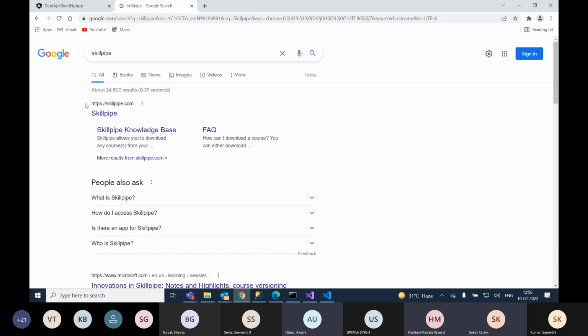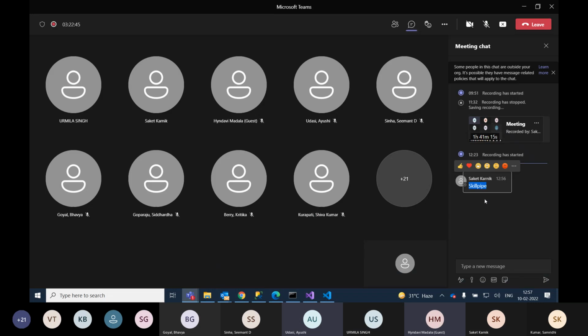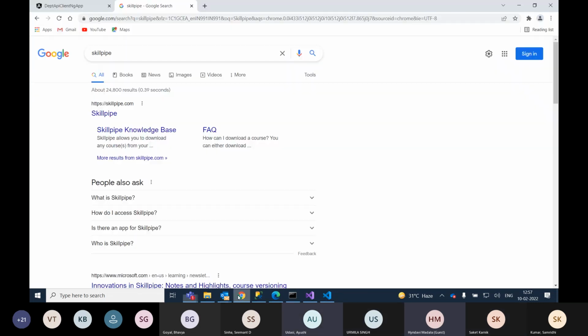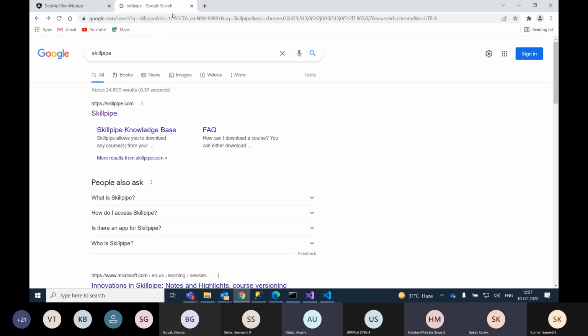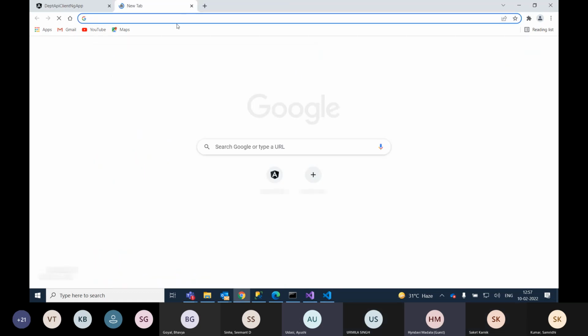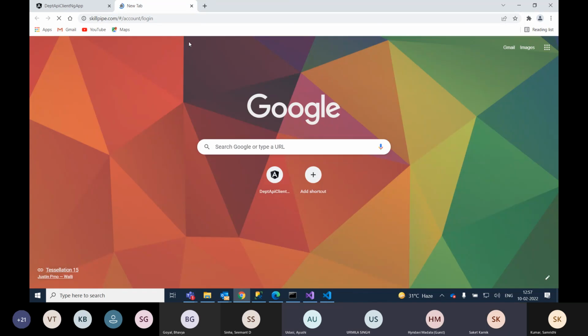You copied only the text, I believe. Right click on that link. Samriddhi, right click on the link that I've shared in chat. Copy link. And now go to the browser. In the address bar, paste it. Enter.